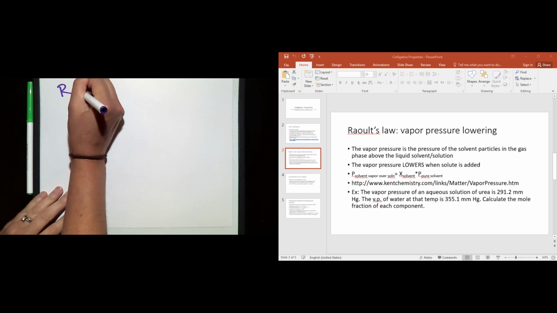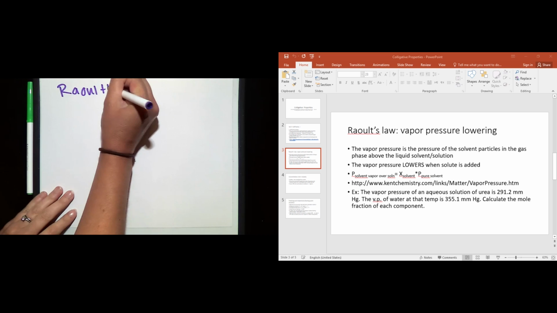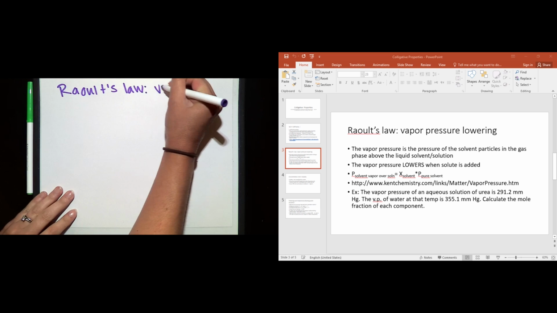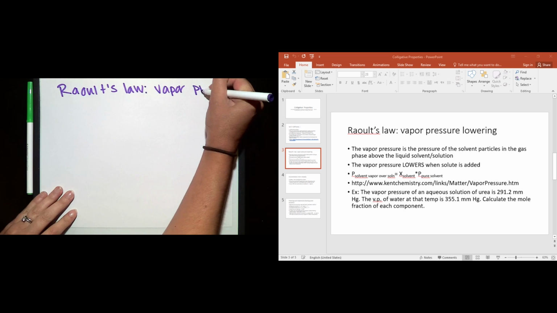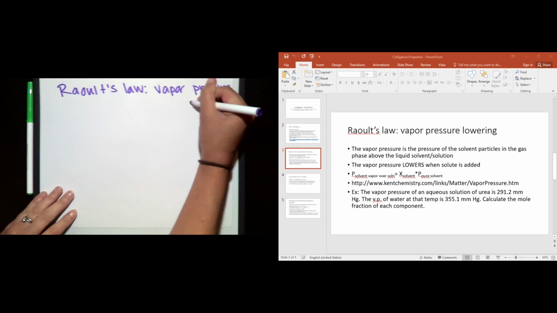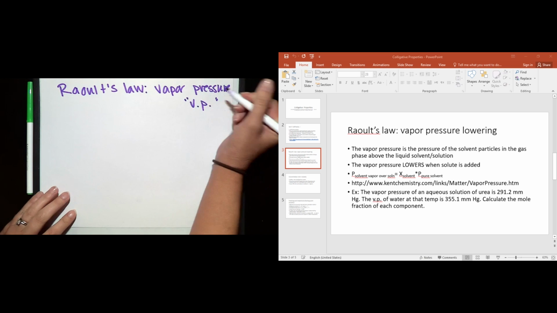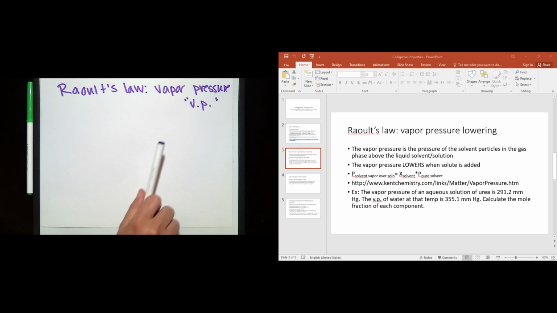All right, Raoult's law is about vapor pressure. Sometimes I will abbreviate this VP for vapor pressure. So just so you know, it is Raoult's law. I'm not too keen on having you memorize all of the names, but it is helpful because sometimes you'll have the Raoult's law constant given in the problem, and if you can relate that to vapor pressure, you'll know how to solve it. Or if you see the phrase vapor pressure, if you can connect that to Raoult's law,